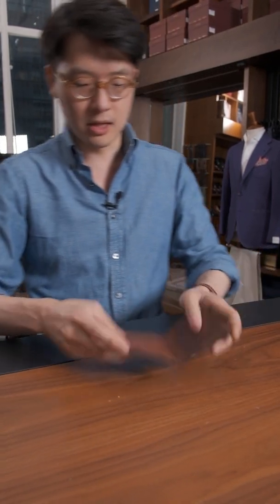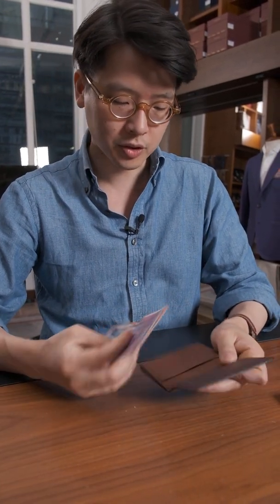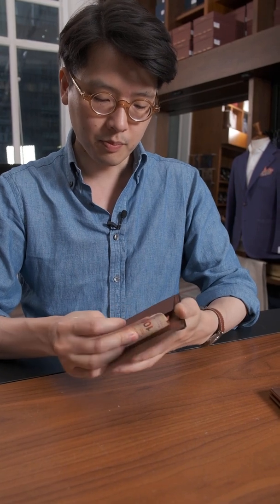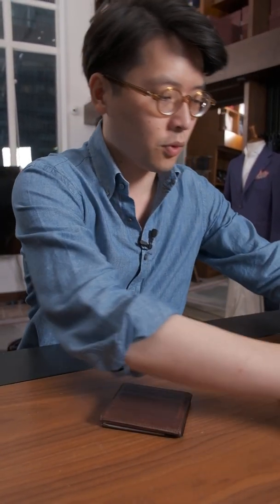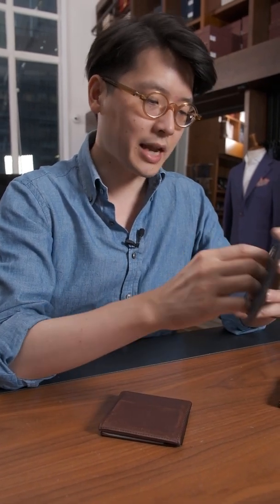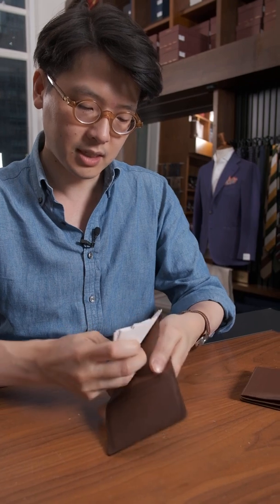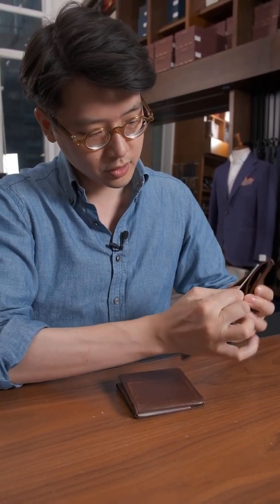So that took us to this generation of the design, where we made a few more adjustments. And actually this design, we also added a second pocket. So, you know, the benefit of the Winston wallet is that you can use it for two currencies, or you can even use it for currency and receipts, which is what I tend to do. So I tend to have my receipts in this middle pocket, as well as my Octopus cards